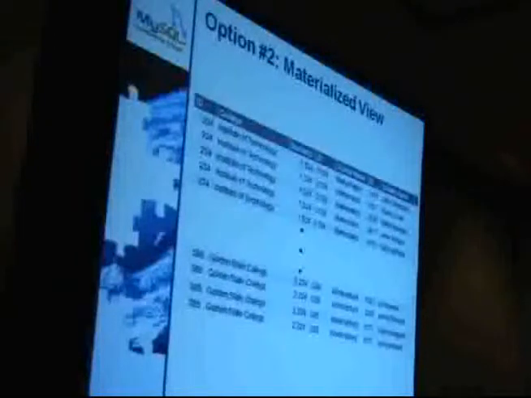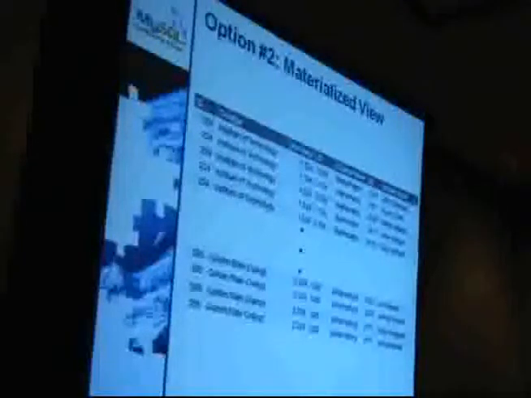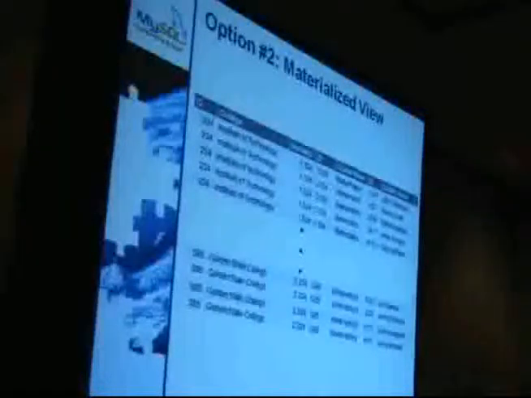The second approach is by doing a materialized view. Now, MySQL does not support materialized views, but commercial databases have implemented them. In a materialized view, you build a new table, which is the aggregate of the source tables. So in this example, this new table would have the college information, the course information, and then the enrollment information. As you can see, there is a lot of information which is redundant in this table. It becomes a huge table that can satisfy the query very, very efficiently. But at the cost of